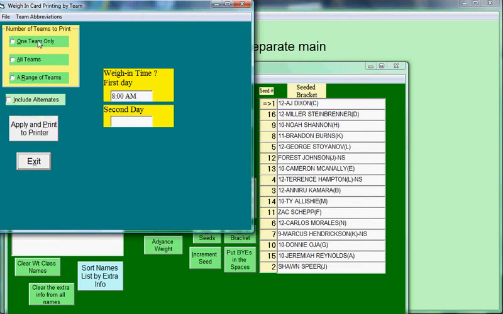And we set up weigh-in cards. So you set the weigh-in time at the start of the first day. Well, our tournament is going to start at, we're going to weigh them in at 2 p.m. So we just change that to 2 p.m. And then the second day, we're going to change that to 8 a.m. And from there, again, we can do a range of teams, one team at a time, all teams applied